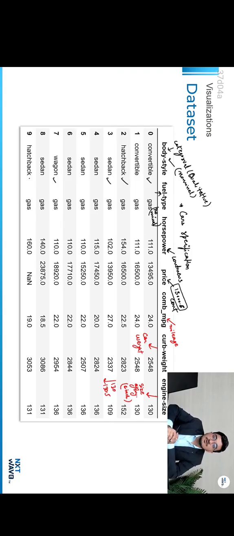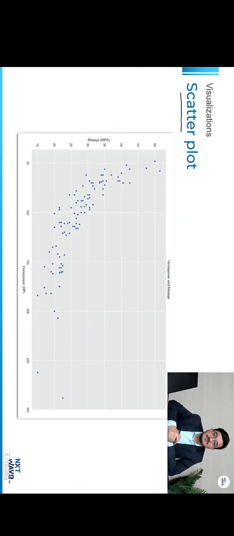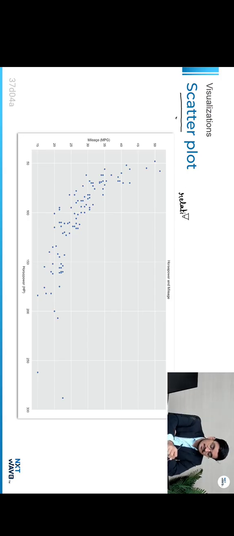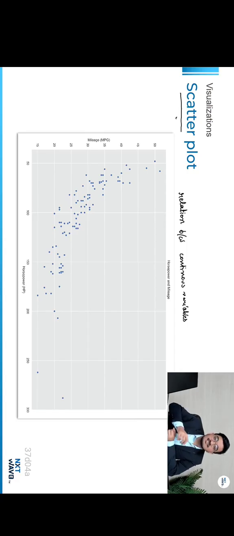Now, let's discuss the different types of visualization. First up is the scatter plot. Scatter plot helps us to establish a relationship between two continuous variables. For example, if we want to understand the relationship between the height and the weight of a student, the scatter